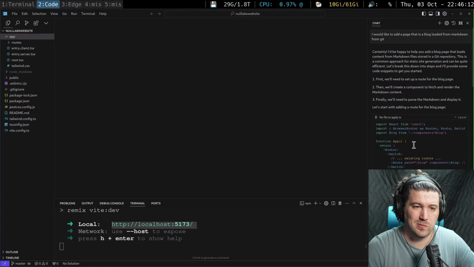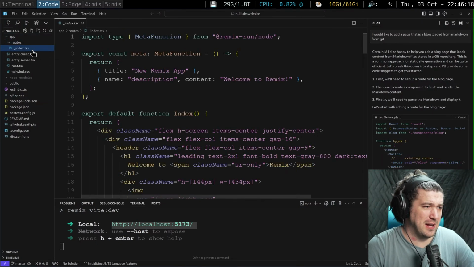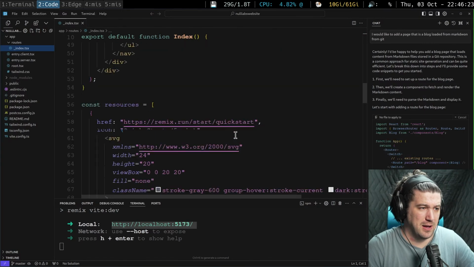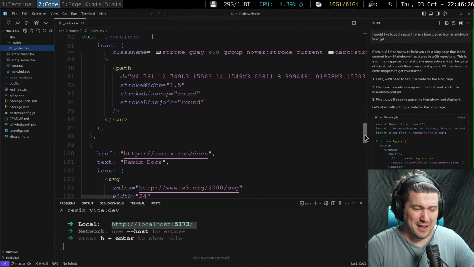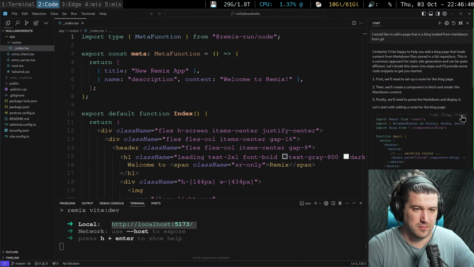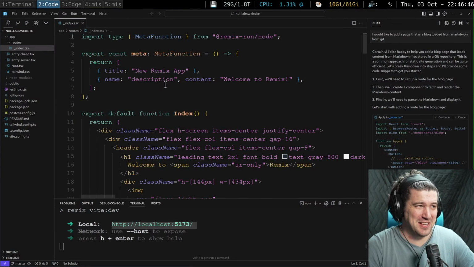Does it not have a route? Can it not put that in here? I'm not even sure where it wants to put it. I mean, I could figure it out, but the whole idea was that the AI would do it for me, right? I can be dense and not thinking. I'm going to apply it to this file. I guess you just have to open a file.